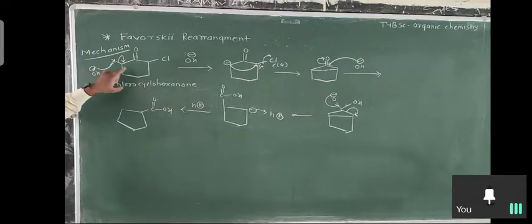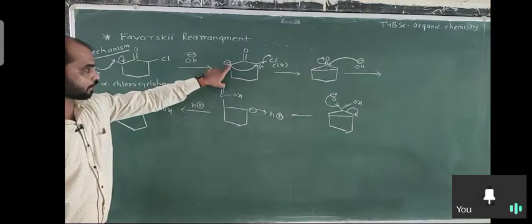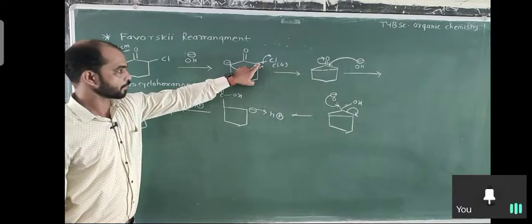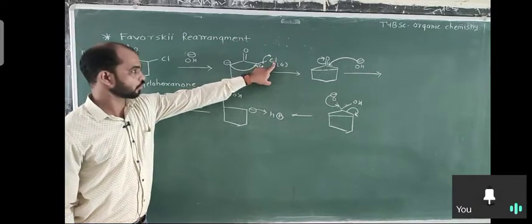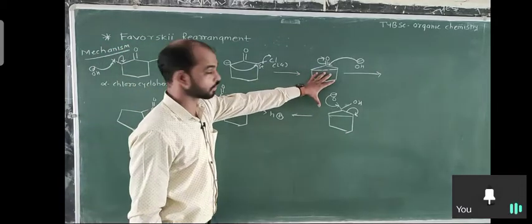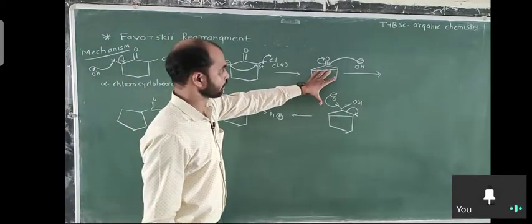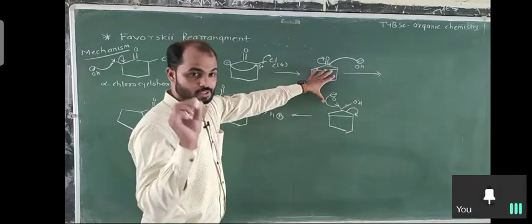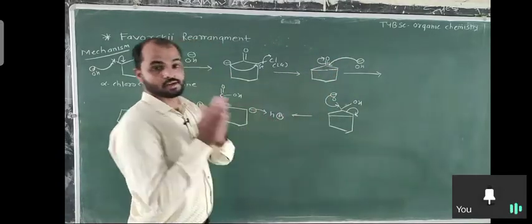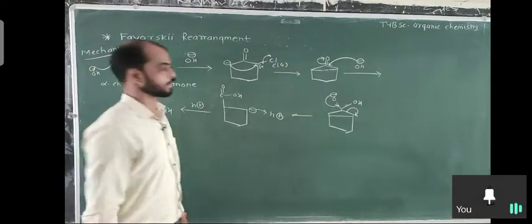I repeat again, it is alpha carbon. In the first step there is an abstraction of proton, formation of carbanion. The negative carbon will attack on the other alpha carbon because that alpha carbon has the leaving group. That's why the attack is favored, and a cyclopropanone ring forms as an intermediate. Due to the smaller ring size and the carbonyl carbon, there is high angle strain and instability. So that's why